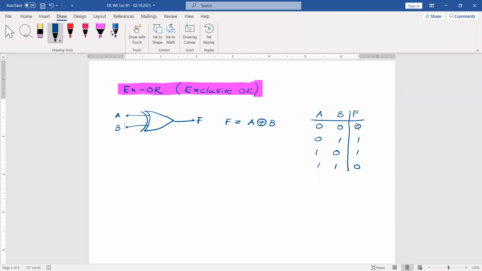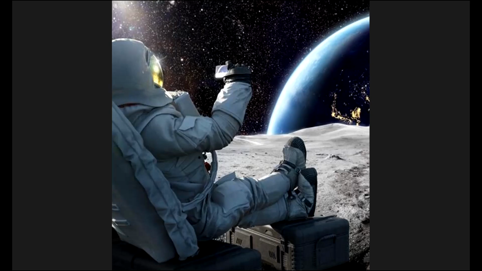When you want to check that both inputs are not equal, you can see it gives one when both inputs are not equal. But when they are equal, it gives 0. When they are 0, 0, output is 0. When they are 1, 1, output is 0. But when those inputs are not equal,